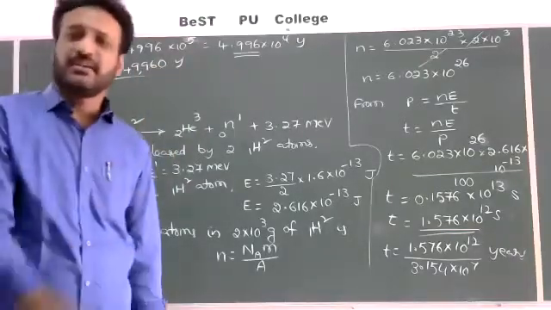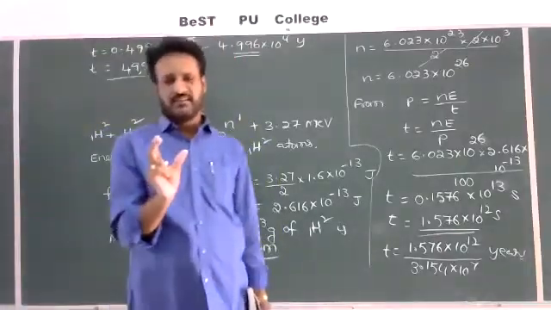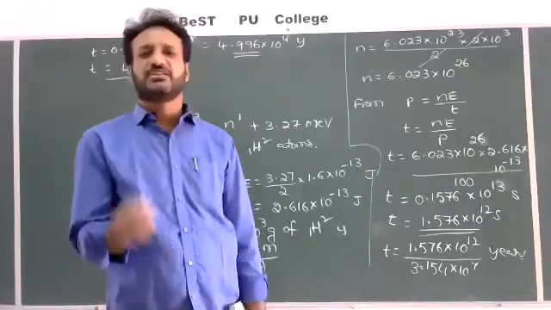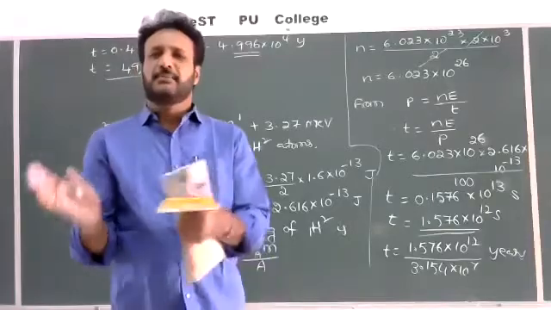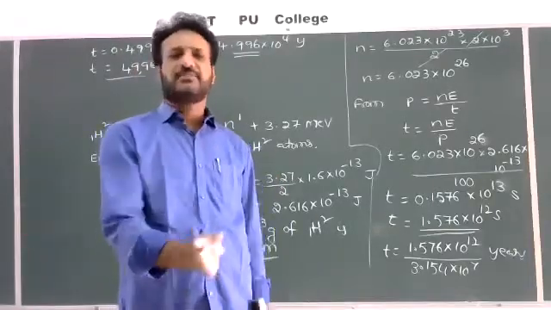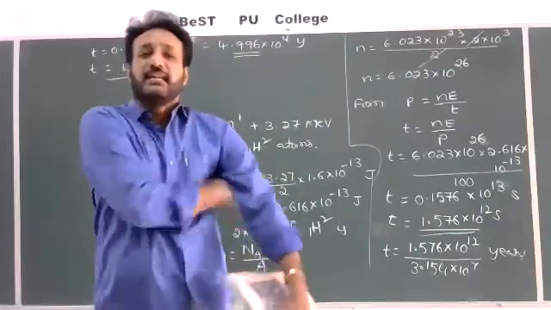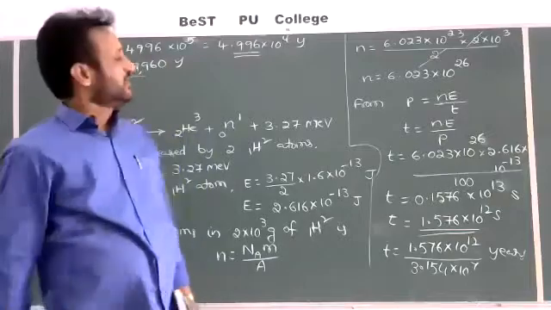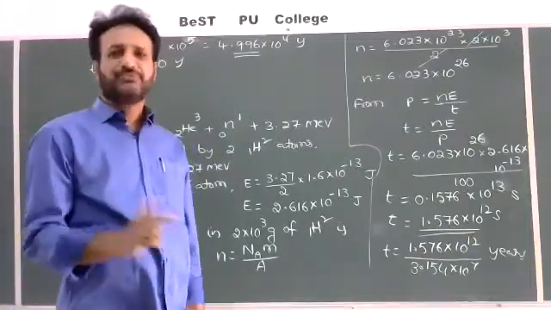Check how interesting this is. We are selecting one bulb having 100 watt power, but how much mass are we using? Just 2 kg of deuterium. If it is completely converted into energy and supplied to the bulb, how much time can the bulb glow? Nearly 50,000 years, only for 2 kg of deuterium. So we can understand how much energy is liberated by the fusion process.